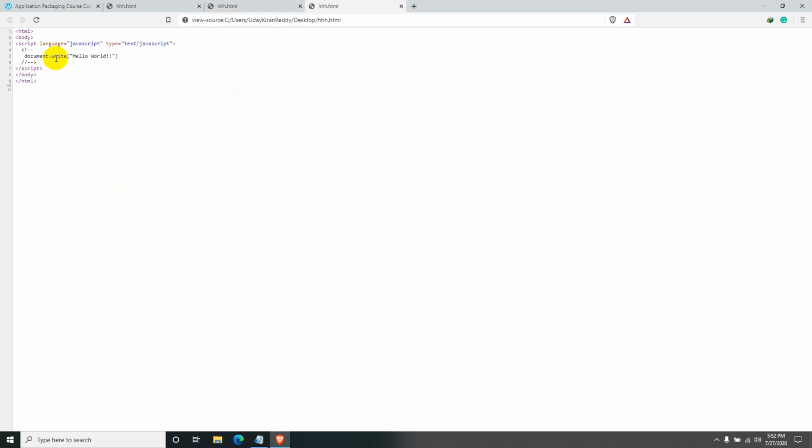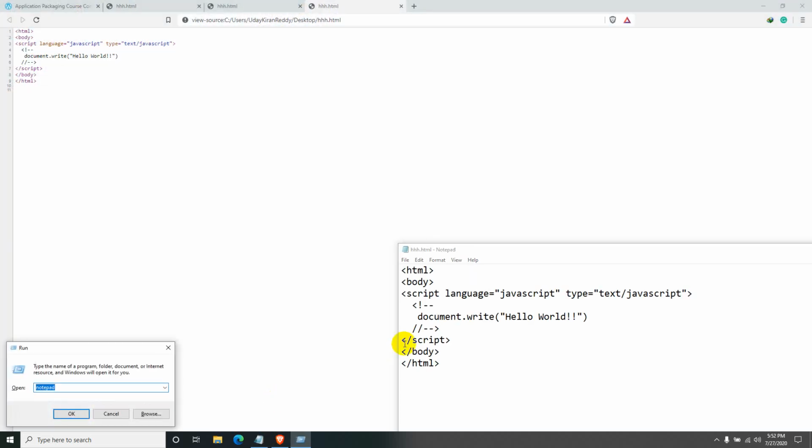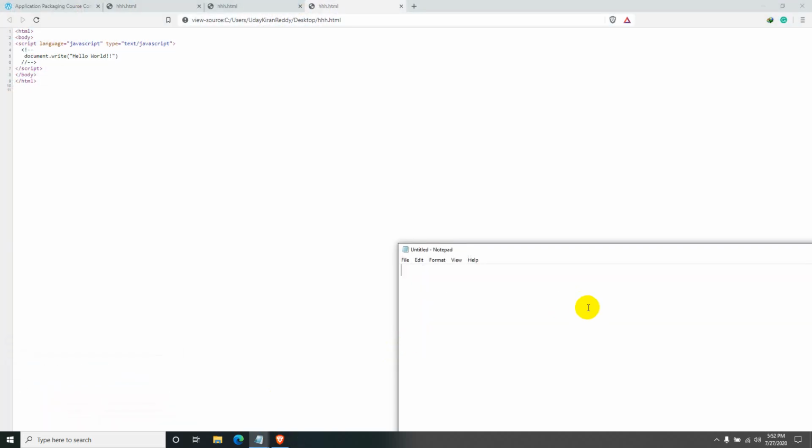In client-side scripting, there are many JavaScript frameworks available, just like extensions, so that instead of reinventing the wheel, we can use the functionalities available there. It's similar to a library. Angular and React are the most popular ones, jQuery, Vue.js, Express.js, and also for server side Node.js. Many like that are there.